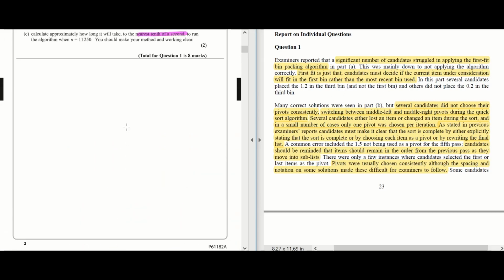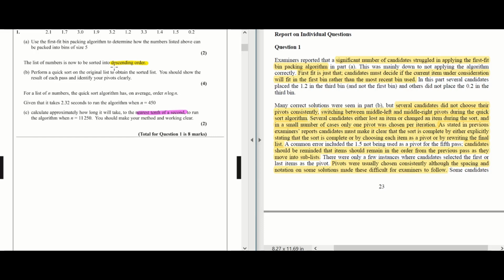which is incorrect. In terms of part B, where we had to use the quicksort, putting our numbers into descending order, there were a lot of correct solutions, but there were several candidates who did not choose their pivots consistently, switching between middle left and middle right pivots during the quicksort algorithm. Several candidates either lost an item or changed an item during the sort, and in a small number of cases only one pivot was chosen per iteration, and I think in some of the iterations we could choose two pivots,